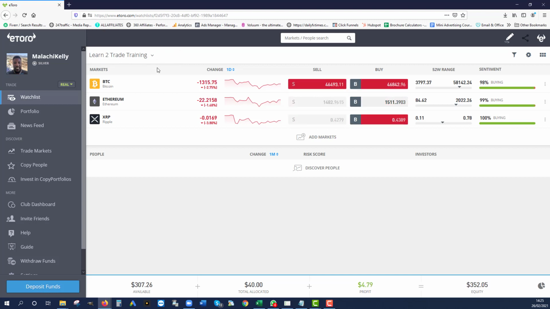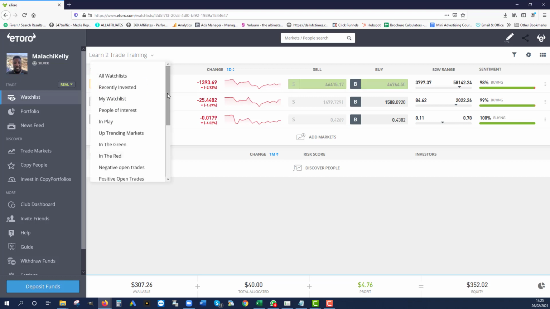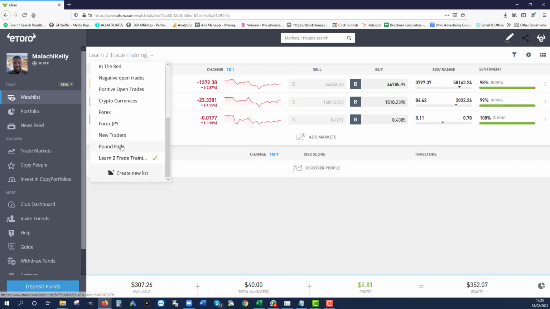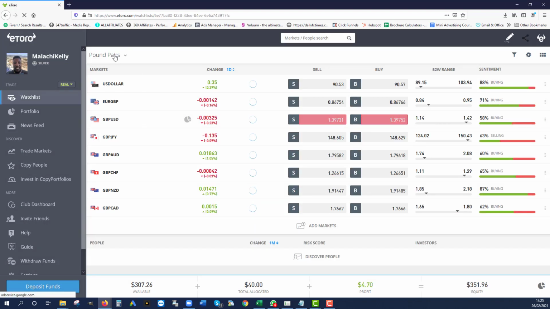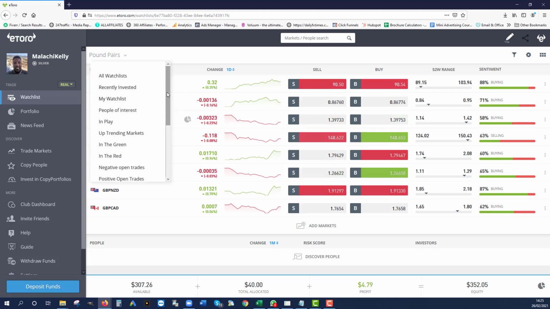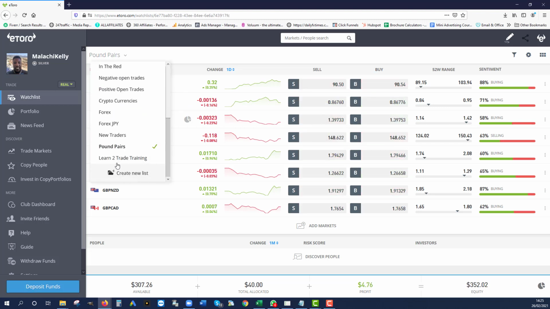So it's a really good way to group all of your trading ideas, all of your different asset classes. You might want to make a type of portfolio with different stocks and shares, and this is a really good way of doing it, and quickly being able to switch between different portfolios, different asset classes quite quickly. So we'll go back to our training,